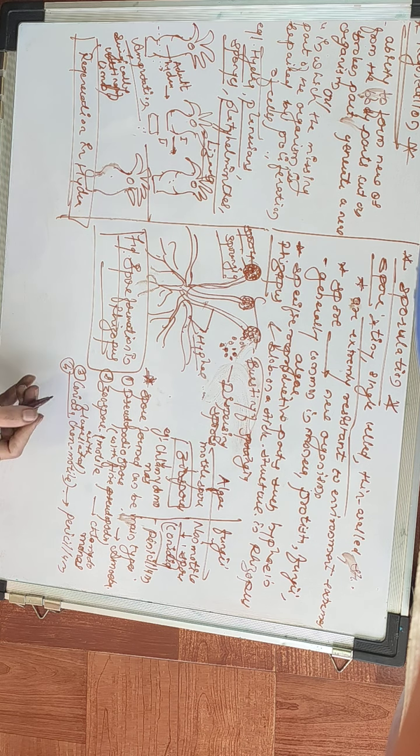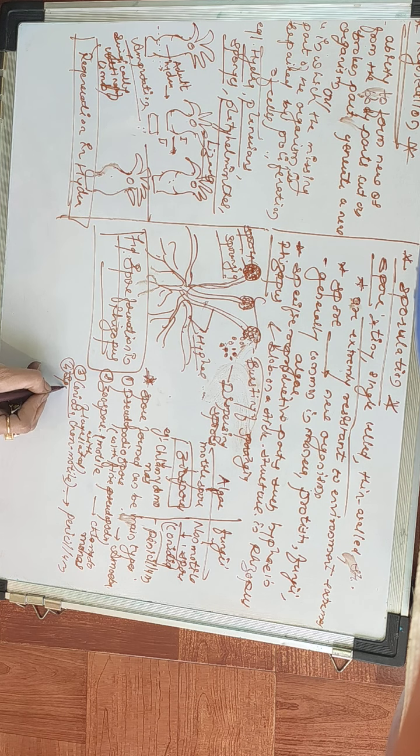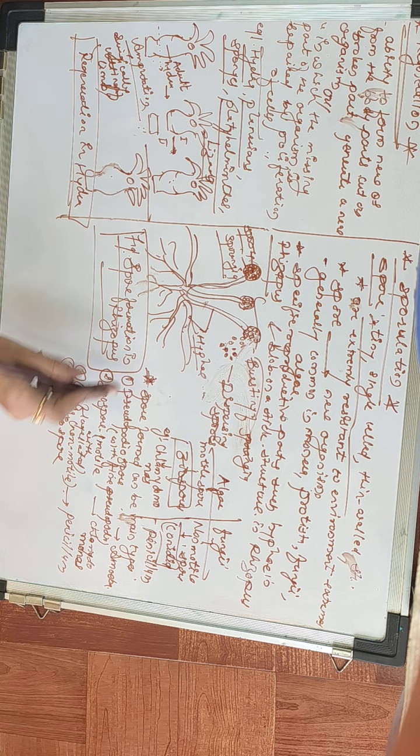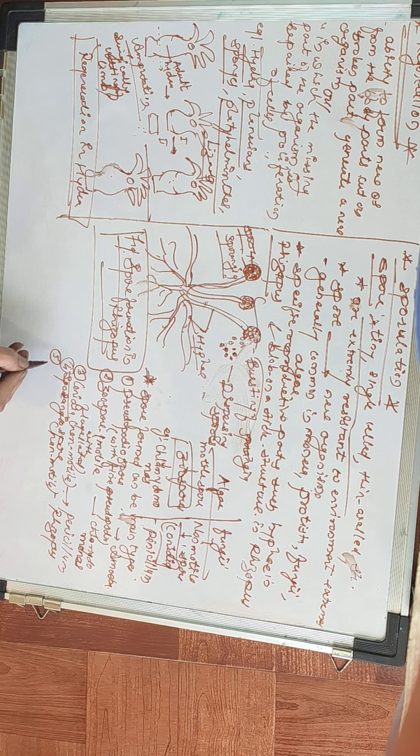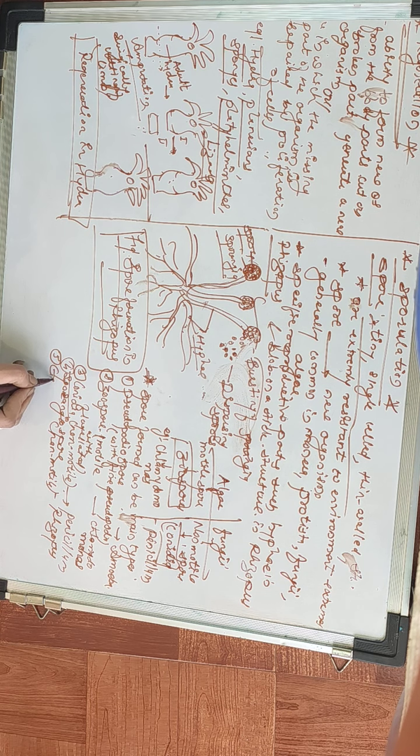Fourth is called sporangia, that we also discussed. Sporangiospores are also non-motile spores. An example is Rhizopus. And fifth and last is called gemmules,